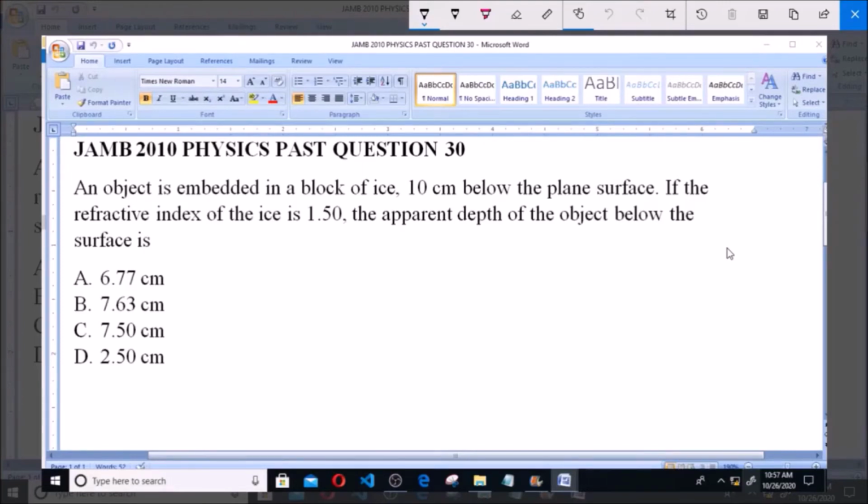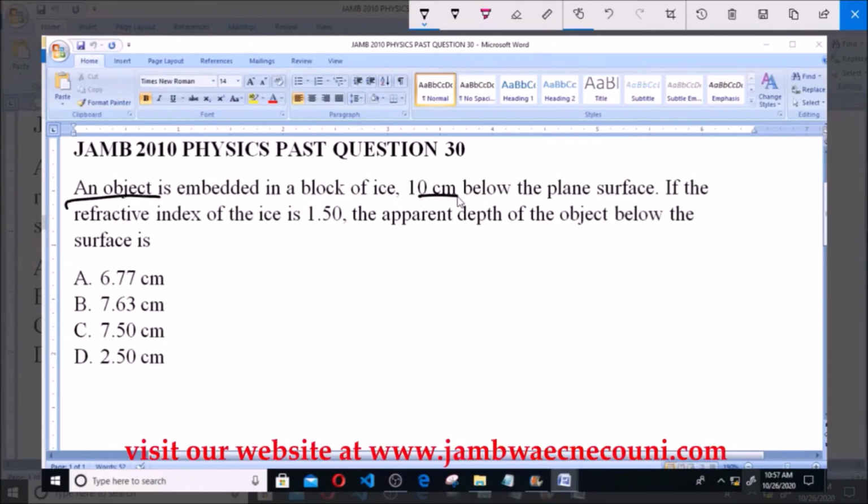An object is embedded in a block of ice 10 centimeters below the plane surface. If the refractive index of the ice is 1.50, the apparent depth of the object below the surface is: A, 6.77 centimeters; B, 7.63 centimeters; C, 7.50 centimeters; D, 2.50 centimeters. Now we are given an object embedded in a block of ice 10 centimeters below